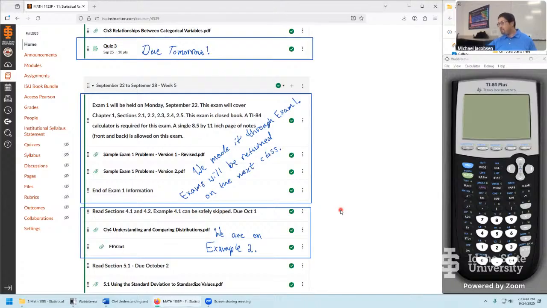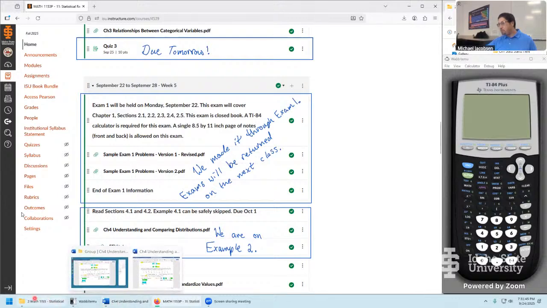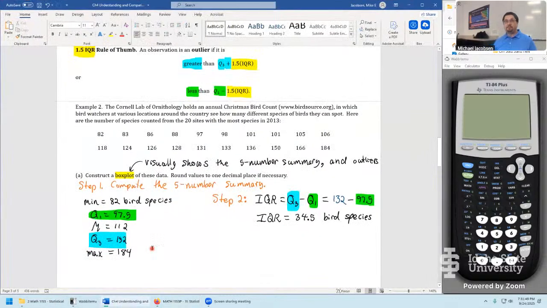Okay, well, we left off kind of a rough situation. We left off our chapter 4 material before exam 1 on Thursday. Then we had a weekend, we had an entire exam, and then now we're going back to it. So let's review what we did before getting through all that exam information. We were dealing with the 1.5 IQR rule of thumb and learning how to construct a box plot. In fact, we were about to do our very first one.